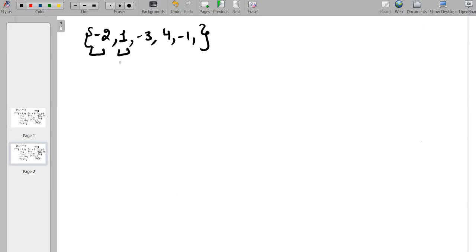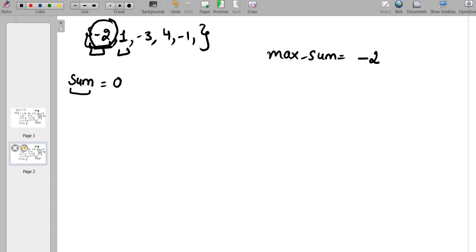So for that, what we are going to do? We'll take one variable to find the sum, and another one would be the maximum sum, in which we are going to store the maximum sum and we are going to return that. So let's first initialize the sum as 0, and for the maximum sum we can take the first element, or we can say the first subarray, as the largest sum. So let's consider it as -2, right? And we'll keep updating the maximum sum whenever we find a maximum sum which is greater than -2.